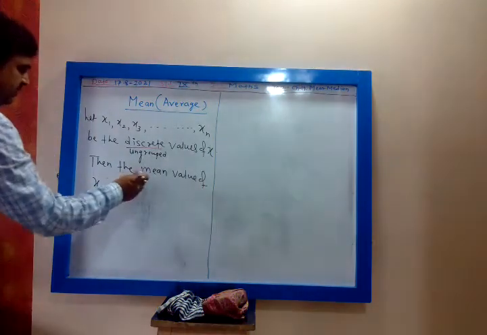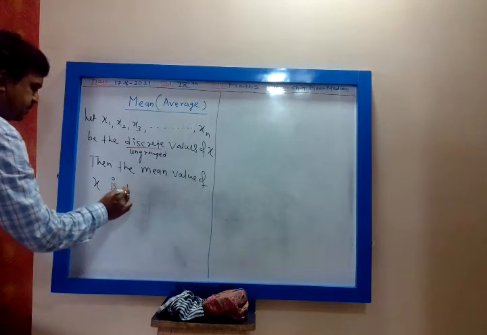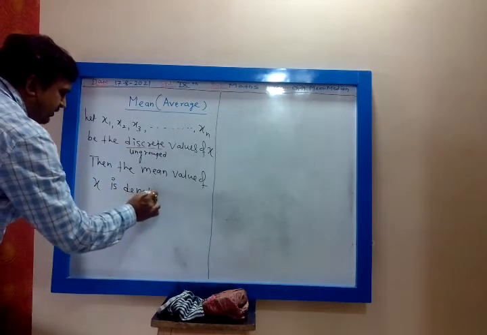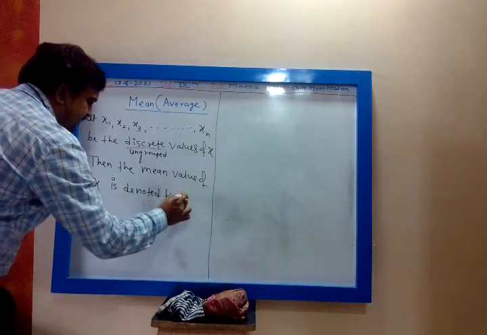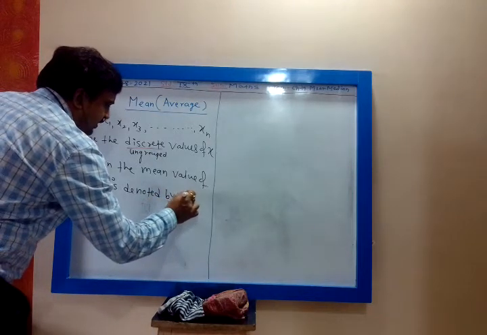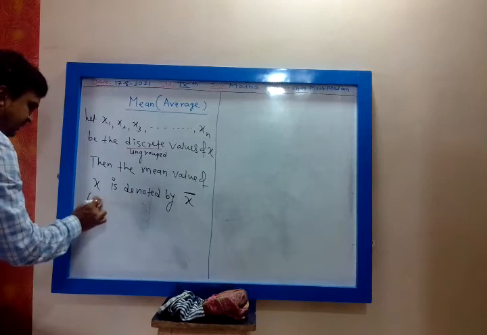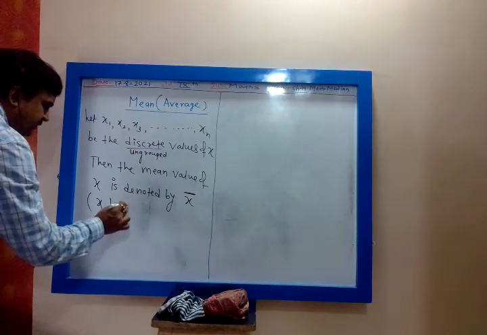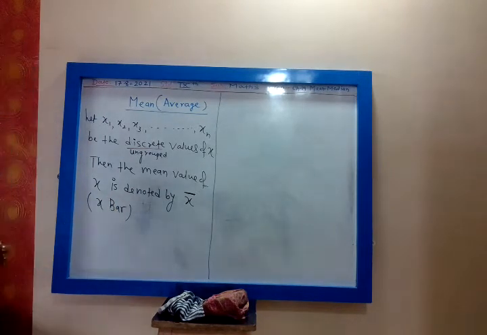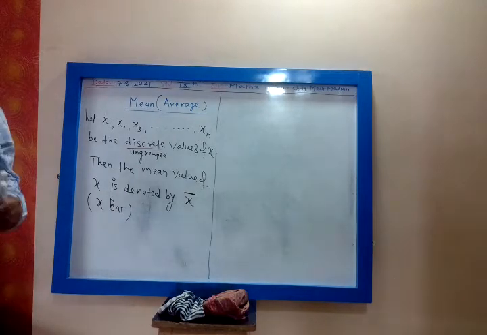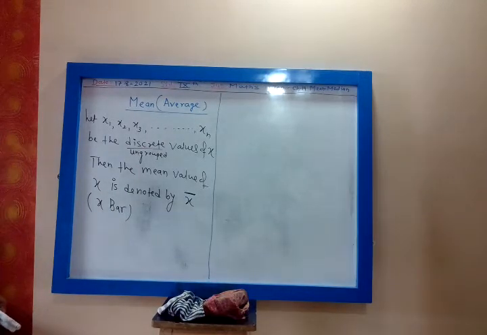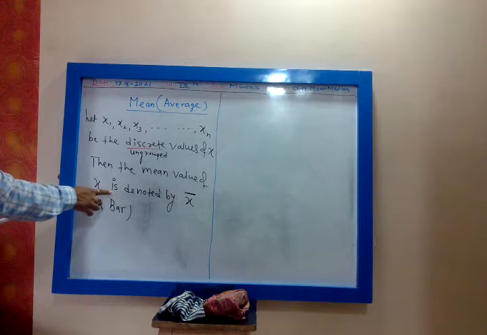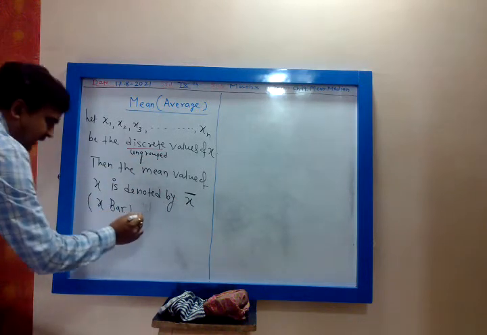Then the mean value of x is denoted by x bar. On top of x we write a bar, that will be x bar. So if x1, x2, x3, up to xn are discrete values of x, then the mean value of x is denoted by x bar and is given by